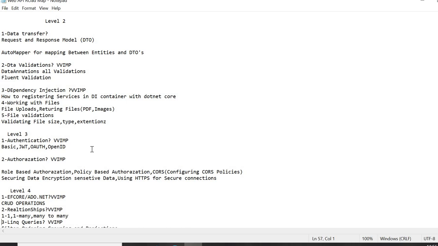In authentication, what is basic authentication, JWT authentication, OAuth authentication and OpenID authentication. In this, JWT authentication is very, very important. And coming to authorization, role-based authorization and policy-based authorization, and CORS, like configuring CORS policies, this